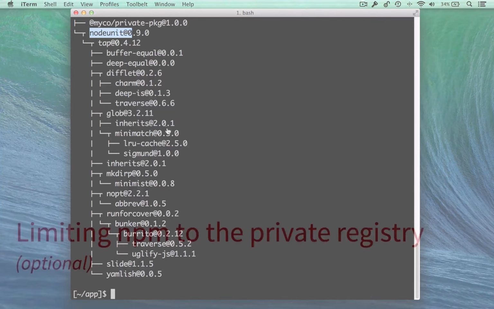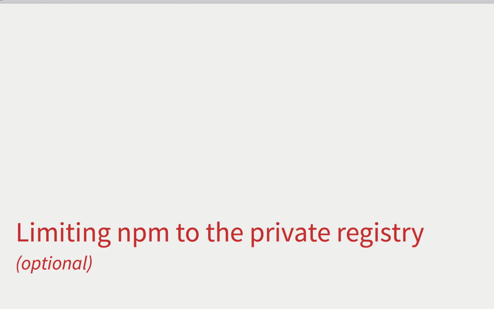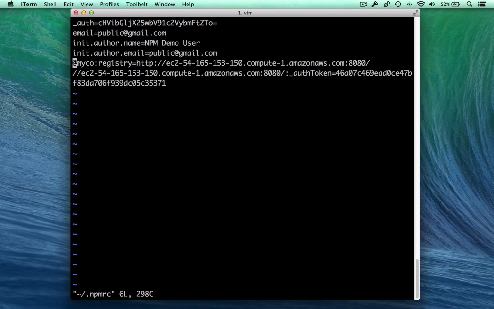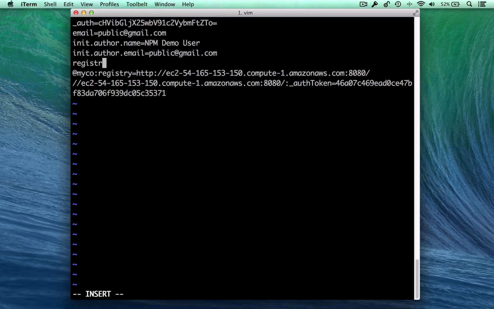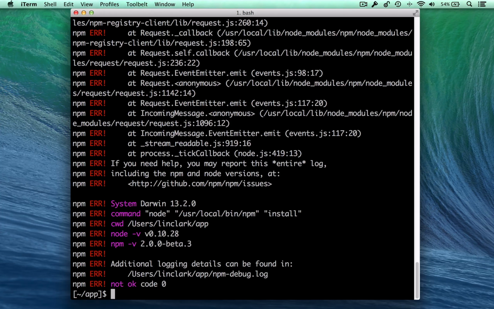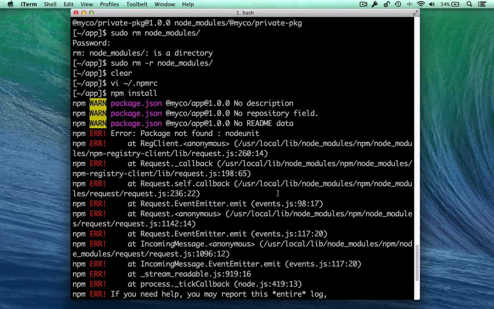If you want to, you can configure npm to only use the enterprise registry and not pull down from the public registry. This is configured on your client or on the build server. To limit it, simply add a registry configuration parameter in your npm RC file. The advantage of this is it makes it possible for you to limit the npm modules that your team can use to a certain subset. And you can decide what criteria you want to use in deciding that acceptable subset.